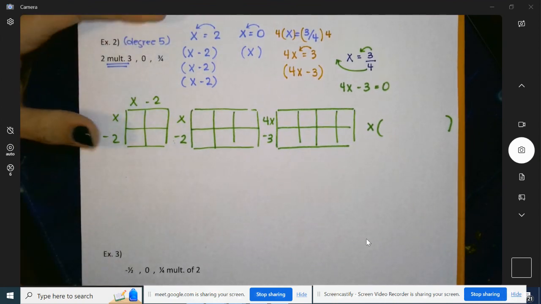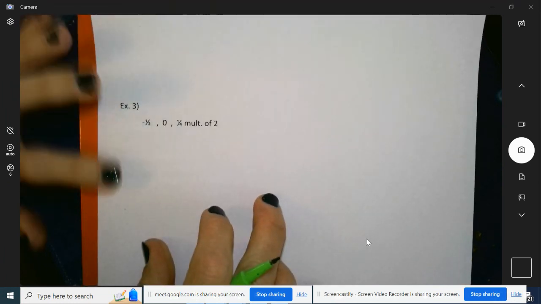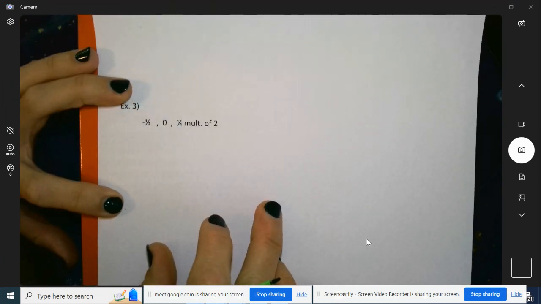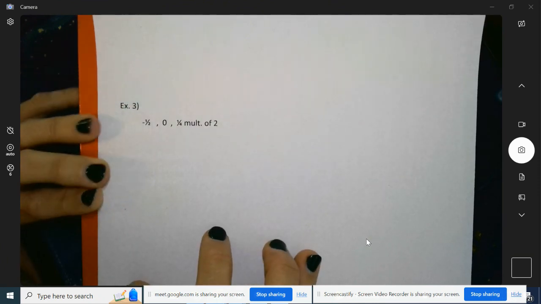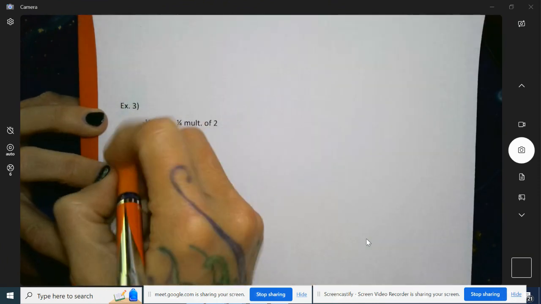Okay, we're just going to set up the last one. Because again, like I said, I think the bigger problem is typically the setup, not the actual multiplication. Or I should say the biggest thing that I can teach. The actual multiplication is just a matter of staying invested. So a negative 1/2,